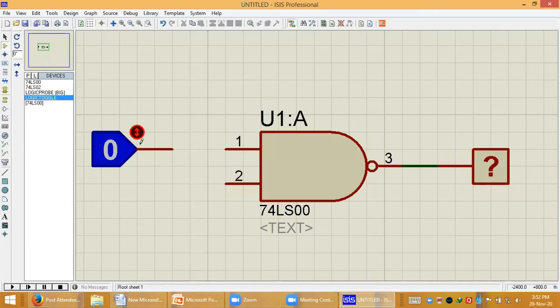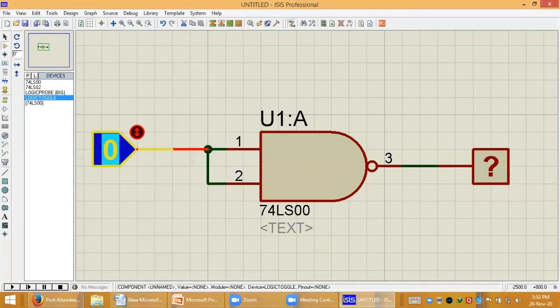You can unmute yourself and then say. Okay, so here we have to short the two inputs, right? Likewise, it will become the NOT gate.